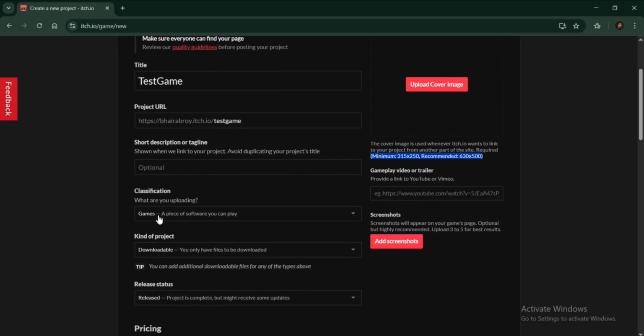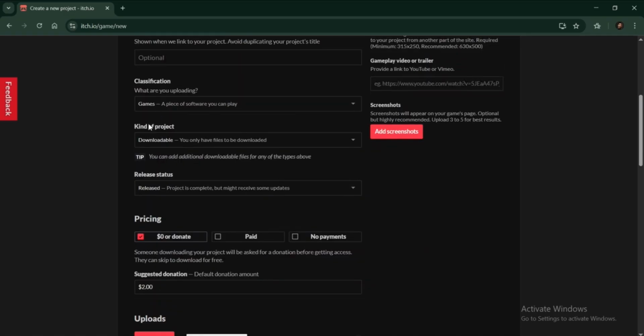So I'm gonna leave this game as a piece of software you can play. I'm gonna leave it like that, and let's go over to the project. So basically it says downloadable. What we need to do is select this